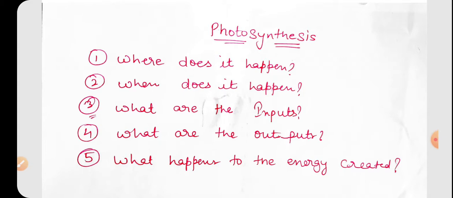So the first question is, where does photosynthesis happen? In which part of the plant does photosynthesis happen? Whether it happens in the roots, whether it happens in the flowers, whether it happens in the leaves. Yes, most probably the answer will be that photosynthesis happens in the leaves, because leaves are the food factories of the plant where